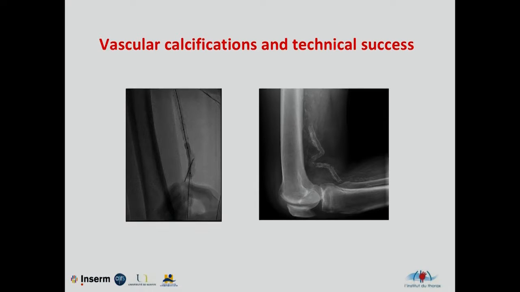So I'm going to give you some examples. For example, you can see here an example where we are not able to totally inflate the stent and the balloon. And we have here an example of some home-made atherectomy device. And we have also some examples of stent fracture due to this huge calcification. So it's very important for the technical success and the choice of the treatment.